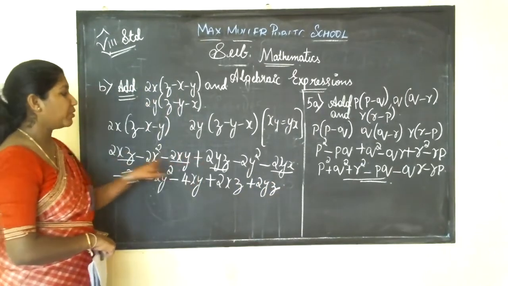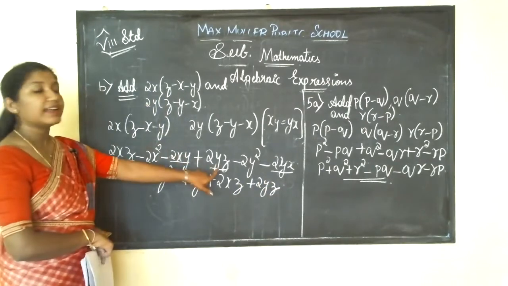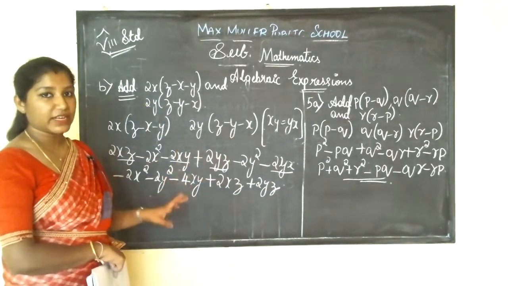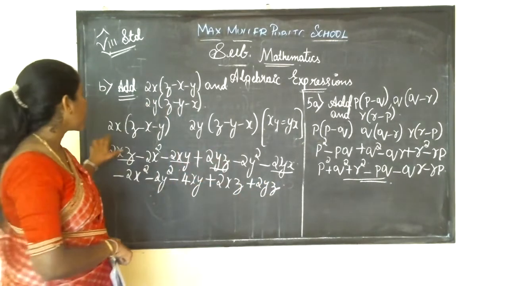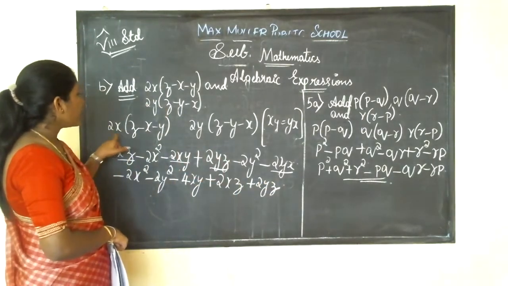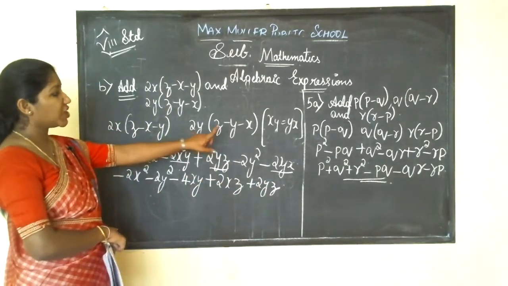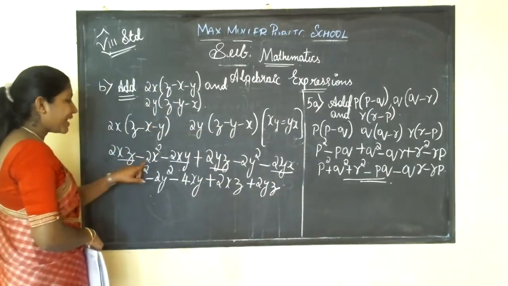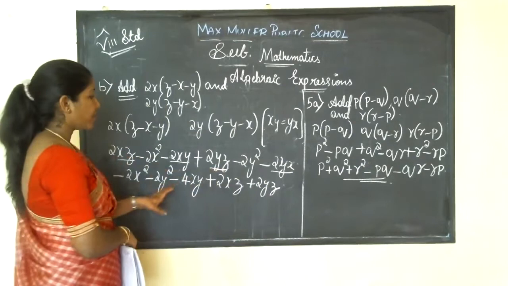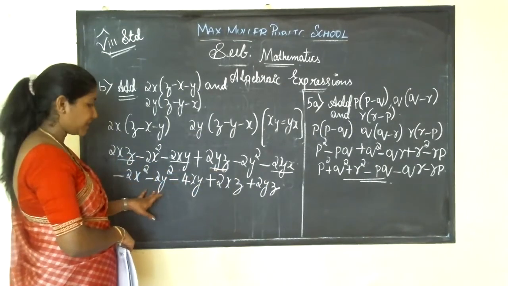See, I was about to add now. No, you should not, because xz here and here it is yz. You can't add unlike terms. Only like terms can be added. Okay, see what I did here. With each term I have multiplied with 2x, and here also with each term I have multiplied with 2y. Okay, and you got this expression finally, and all the higher exponents you have to write first.